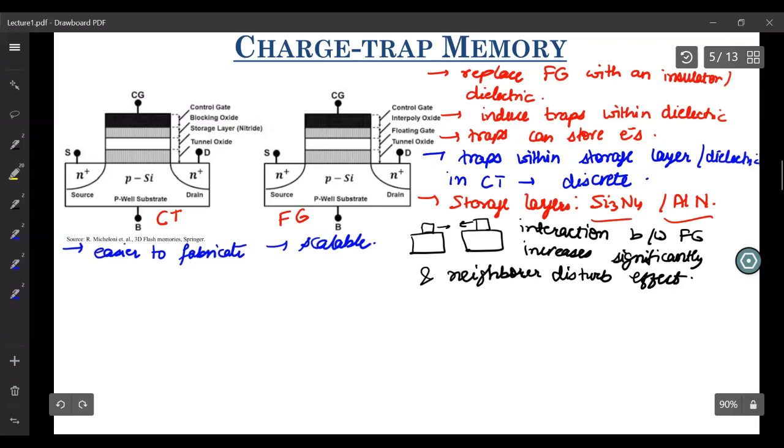So you want to program this, you apply some voltage on this. However, because of this parasitic coupling, even the state of this floating gate changes. I mean, this also impacts the state of the other floating gate, which is very close to it. So just because there is no such floating gate in your charge trap, it's scalable. You can bring two charge trap cells as close to each other as possible.